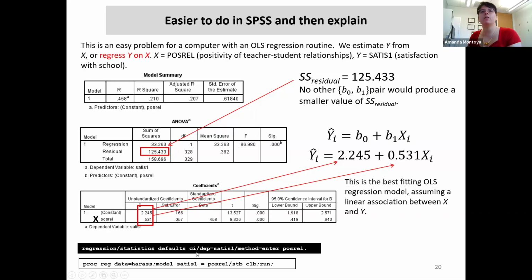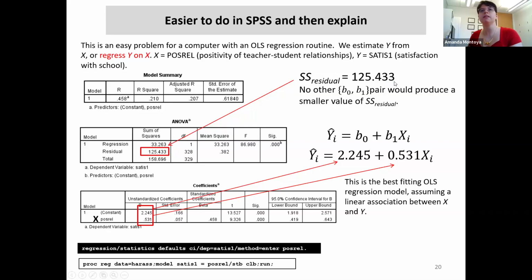But the core of this command is on the right-hand side here, which is that the dependent variable is satisfaction in school. And then we said method equals enter, and then our predictor variables, which is positive relationships with teachers. So here we're estimating the relationship between satisfaction in school as our outcome and positivity of teacher-student relationships. And the point that I want to emphasize here is that the solution that we get here, which is that the intercept is 2.245 and the slope is 0.531, this gives us a sum of squared residual of